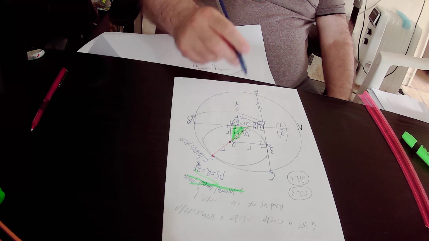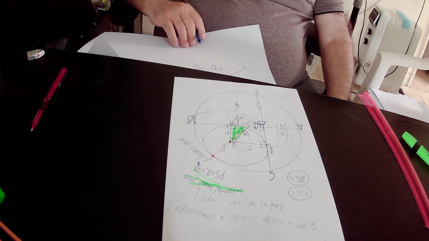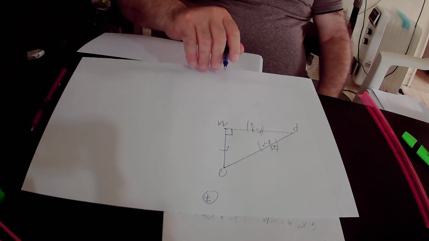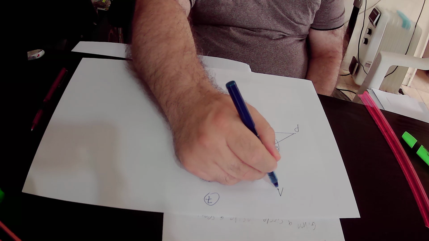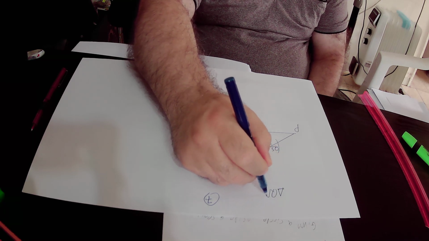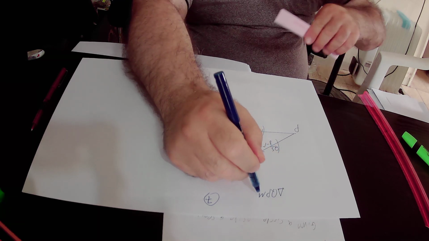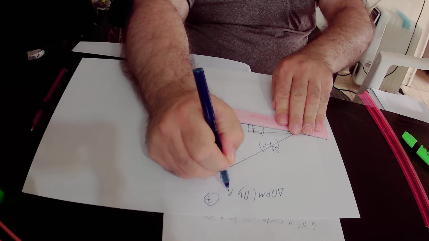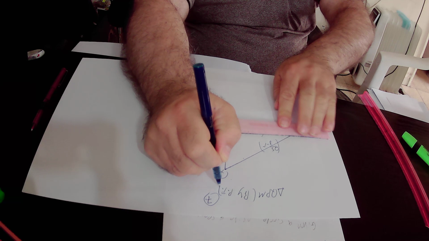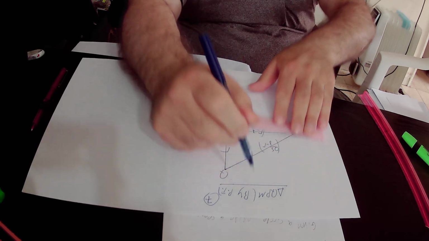And QM equals small r. So in the right triangle QPM, by PT, an abbreviation for Pythagoras theorem, we get that